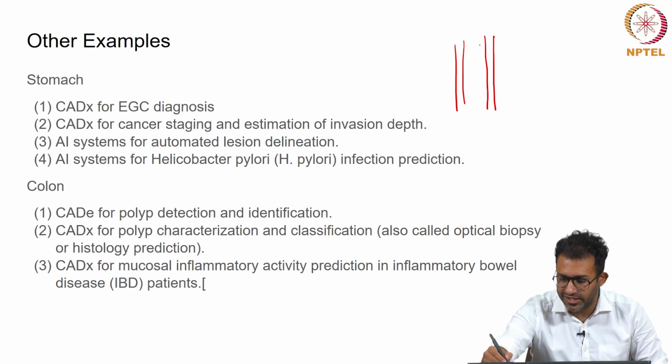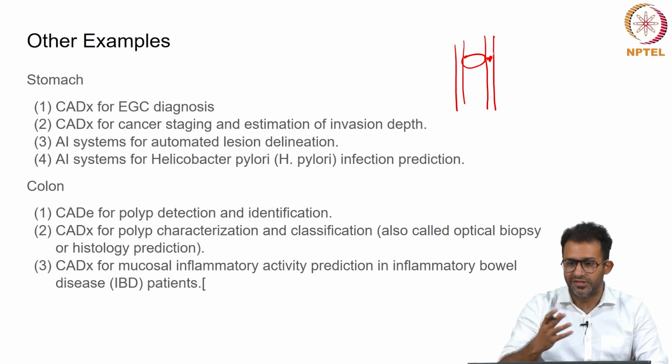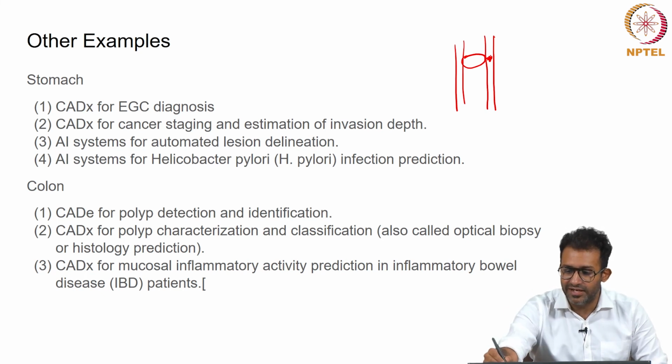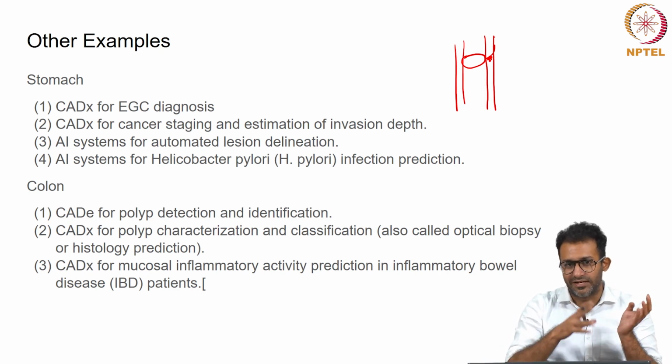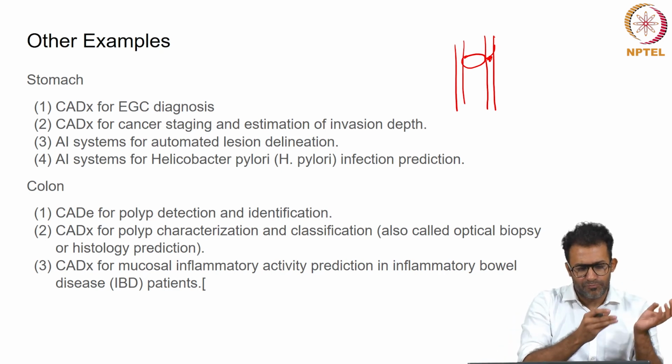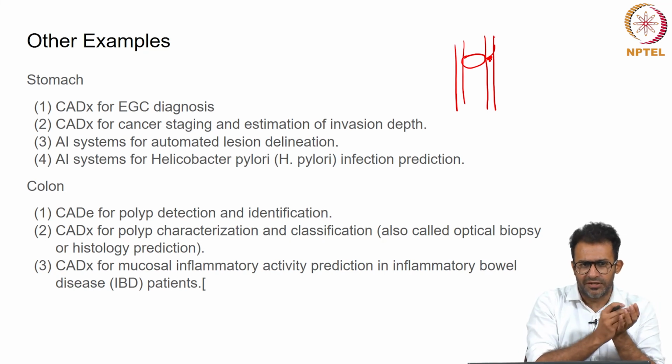So, if you can see, this is the lumen, this is what is your food pipe, and these are the layers, and as the cancer infiltrates deeper into the layers, the prognosis becomes poor and poorer, because as it grows deeper, it spreads into the lymphatics, it spreads into other parts of the body as well. The cancers can tend to metastasize. So, it is extremely essential that we arrive at an early diagnosis.